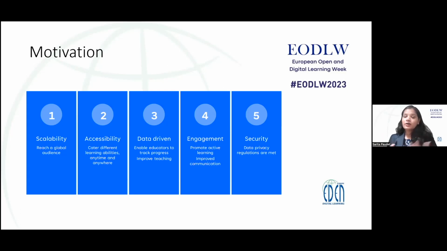Another feature for selecting the tool is that it is data driven. It enables the educators to track the progress of the participants: how many of them have enrolled in which course, how many have successfully finished the quizzes, and how many have successfully finished the course.